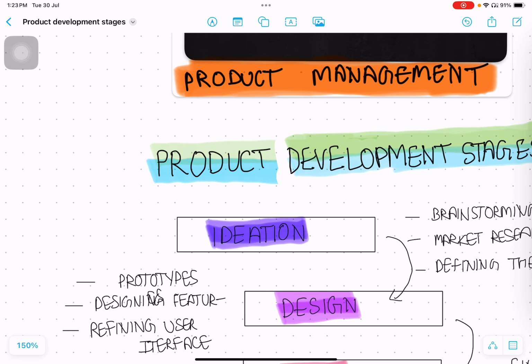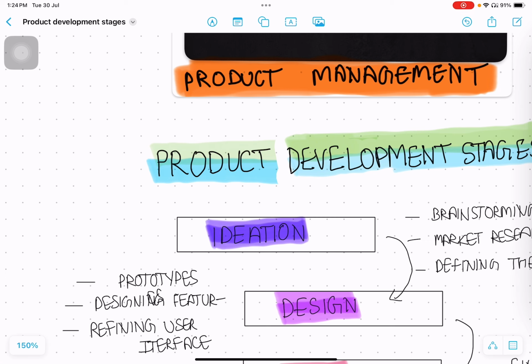Moving to the design stage, this is where the idea starts to take shape into a tangible product that can guide development. It involves creating prototypes, designing features, refining user interface, and many more. For instance, when Apple was designing the Apple Watch, they went through numerous iterations to ensure the design was both functional and stylish. They focused on user experience and integration with iOS. Design is where you can turn your concept into something concrete, making sure it aligns with user needs and market